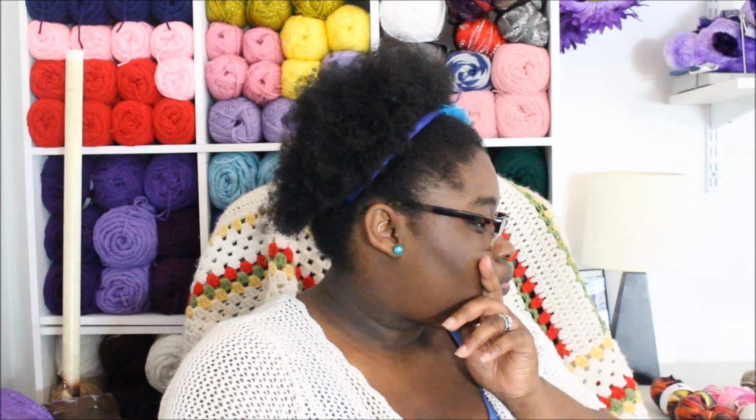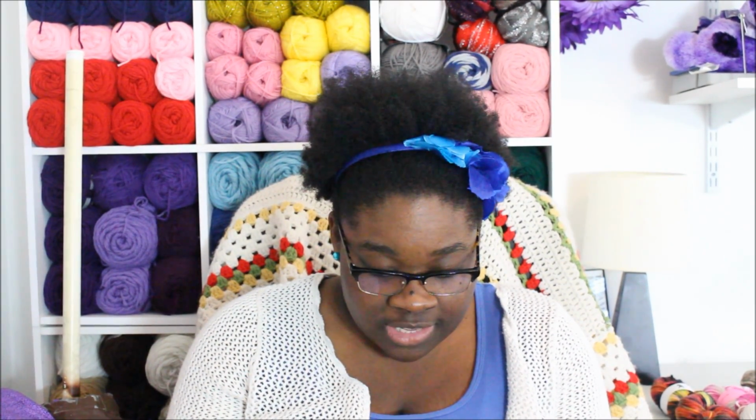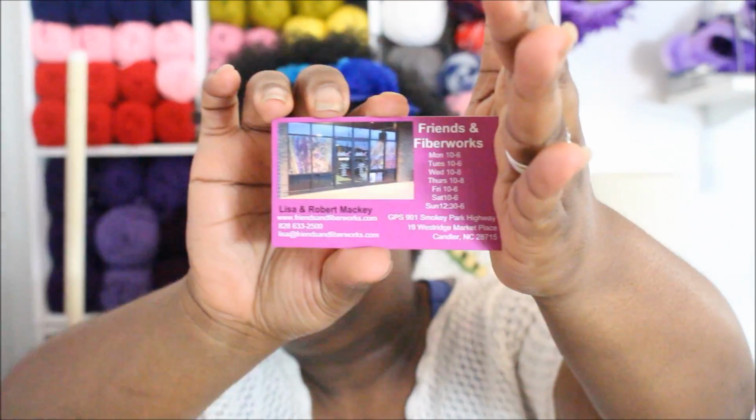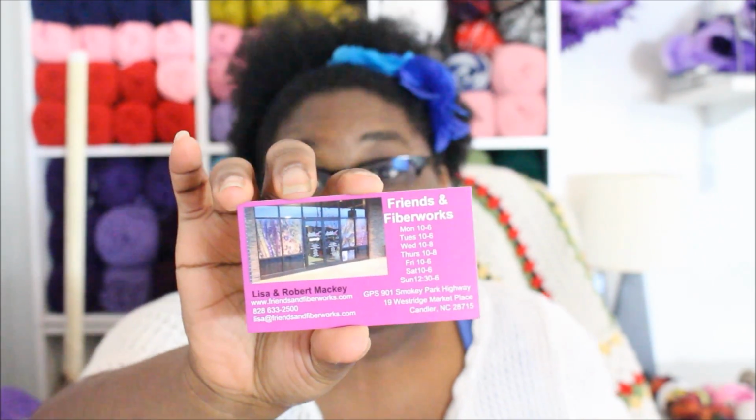I think I do have a card. Hold on. Yes, I do have a card from them. I do believe this is a couple, Lisa and Robert Mackey, and they own the Friends and Fiberworks yarn store in Chandler, North Carolina. So here's their card. And this is the booth that I went to. And I got